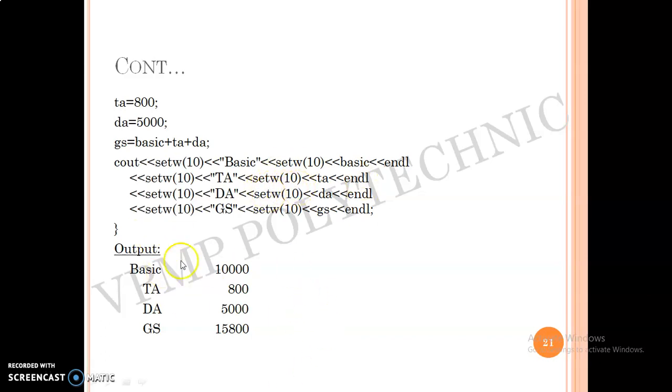So setw(10). So the maximum width is 10, and after that the value of TA, the maximum width is 10, and then the value of DA. You people are aware of this one. Okay. First of all TA, then this one and then this one, and this is how you are generating the output. First of all basic and then 10 characters, which means here there are blank spaces, here there are blank spaces. Here, observe the movement of the mouse, here there is a blank space. Here there is a blank space and here, in total, 10 characters.